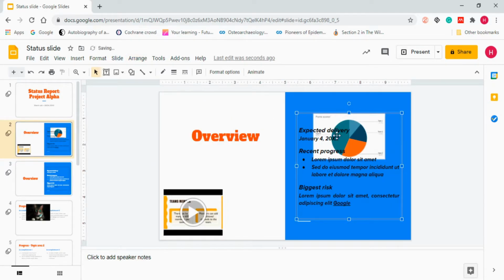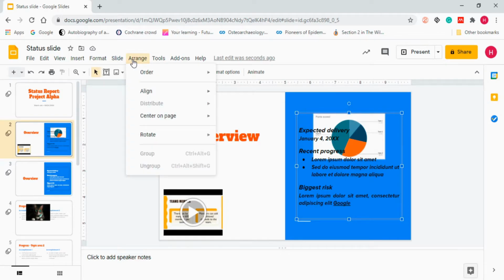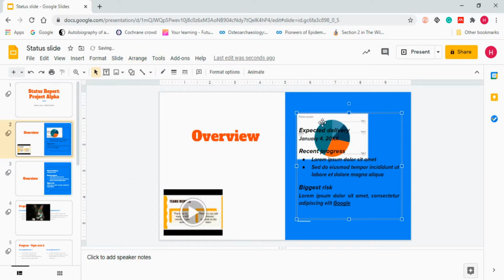Now you will see it goes to the center of this position, because the pie chart is taking this as the main thing and it gets into the center. If I want it to go elsewhere, you can also do that. Click on align and after that click on left. Now you will see it just goes to the left of the text box, which is the extreme left.